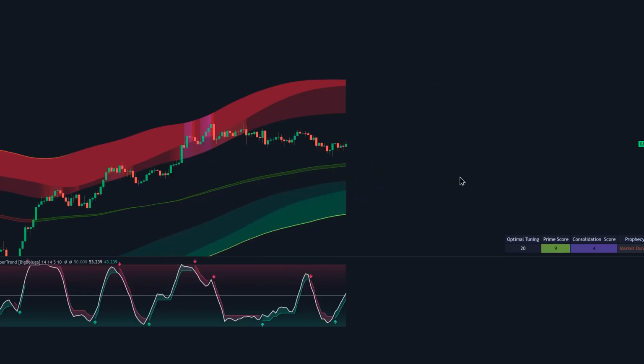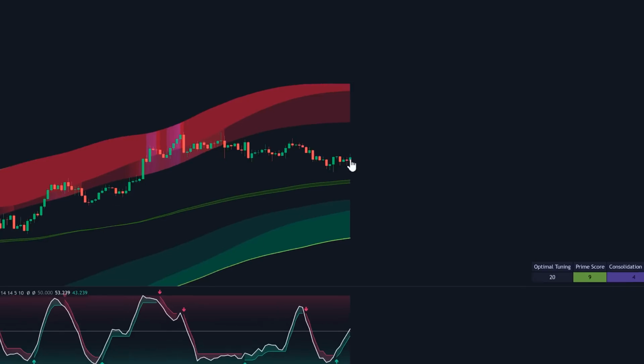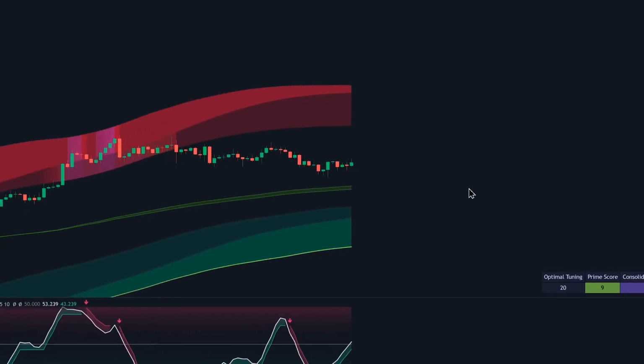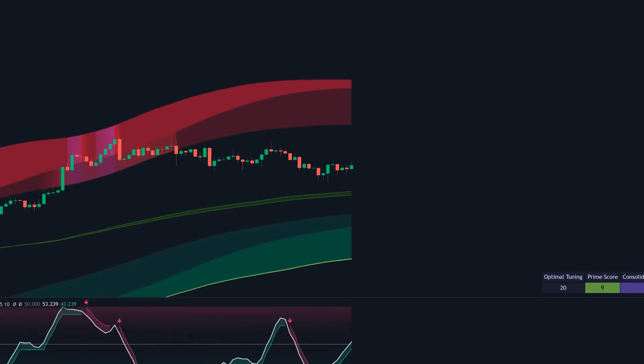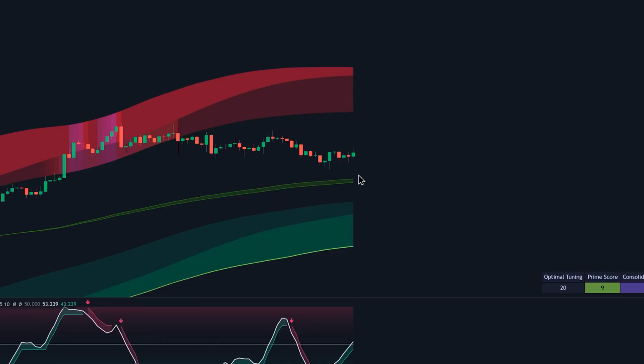Number 2, once we have the bullish trend, we want to look for a market pullback, and that pullback needs to be strong enough. How do we know it's a strong pullback? Well, simple. You see these two wave bands from the Market Oracle? We want the price to come down and get as close as possible to the bottom wave band. It could even touch it or close inside it, but it just needs to get close while we are still